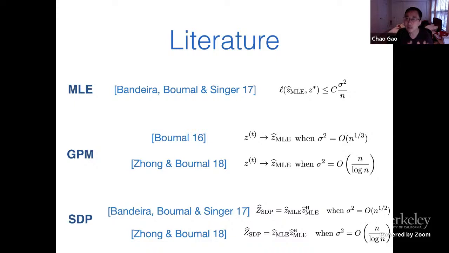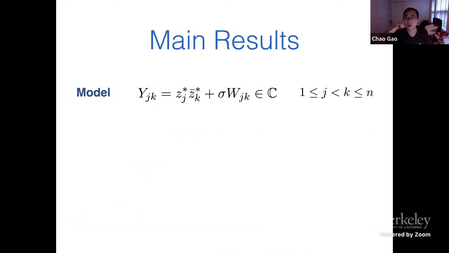Okay, so this is what we know as the state of the art for the phase synchronization problem in the literature. If you look at the results, there are some additional questions you can ask. For example, now we know sigma squared over n is the minimax rate. What about the leading constant? Can we figure out a sharp constant? And if so, can we show some of the algorithms that we have here are able to achieve not only the minimax rate, but also the constant? Maybe some of them cannot. Well, this is what we want to present in our results.